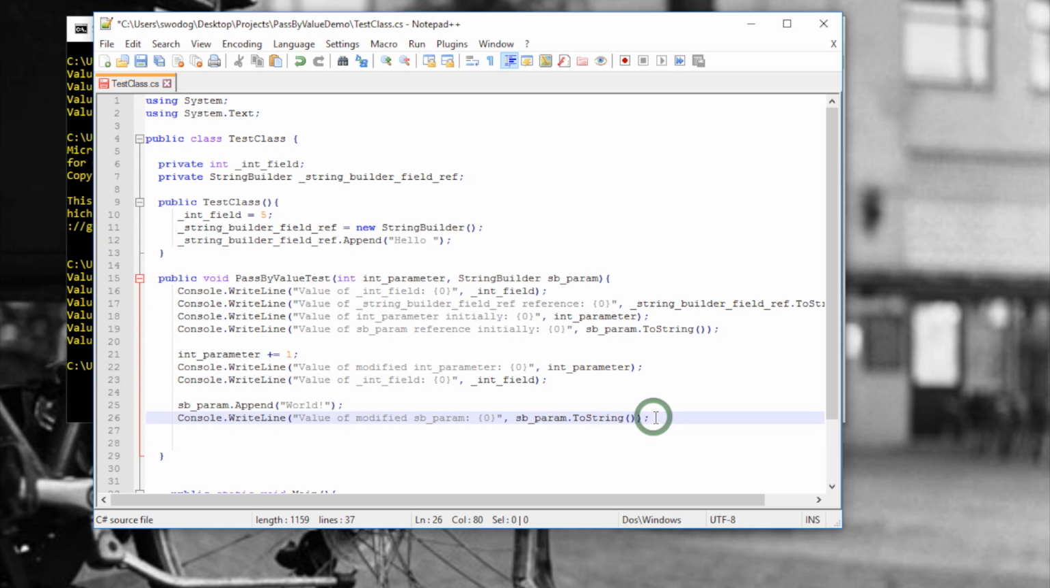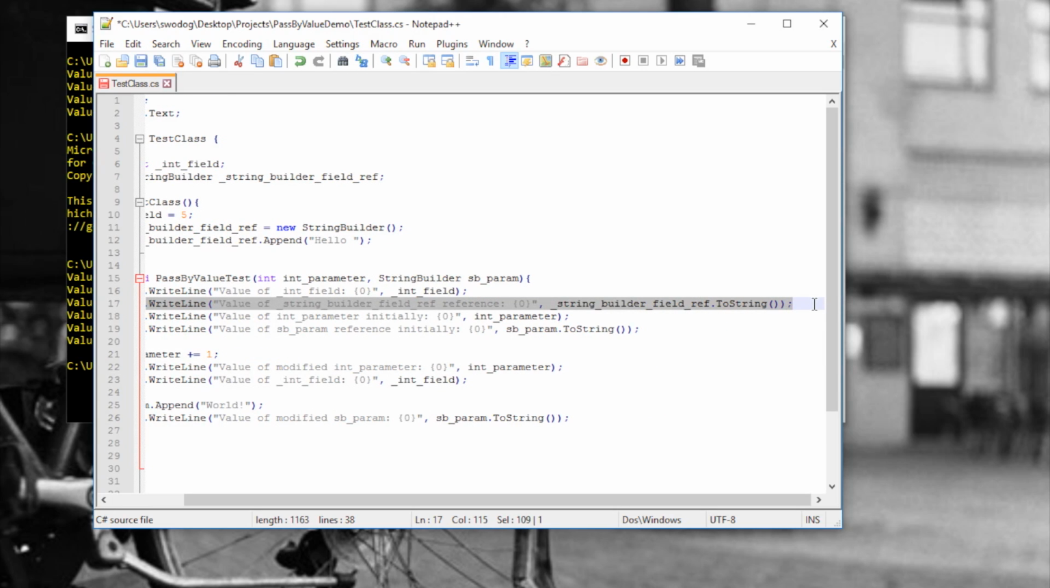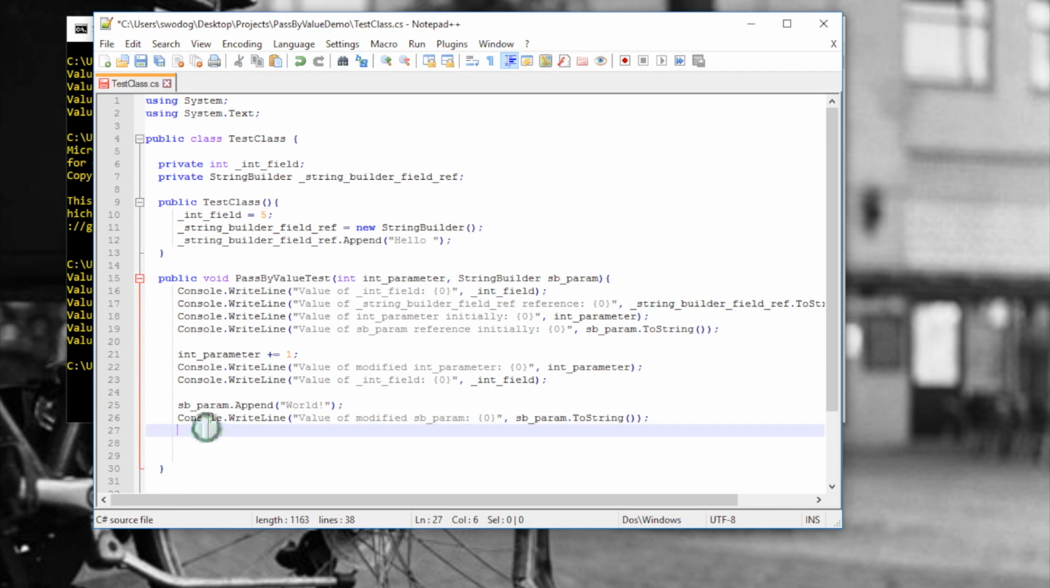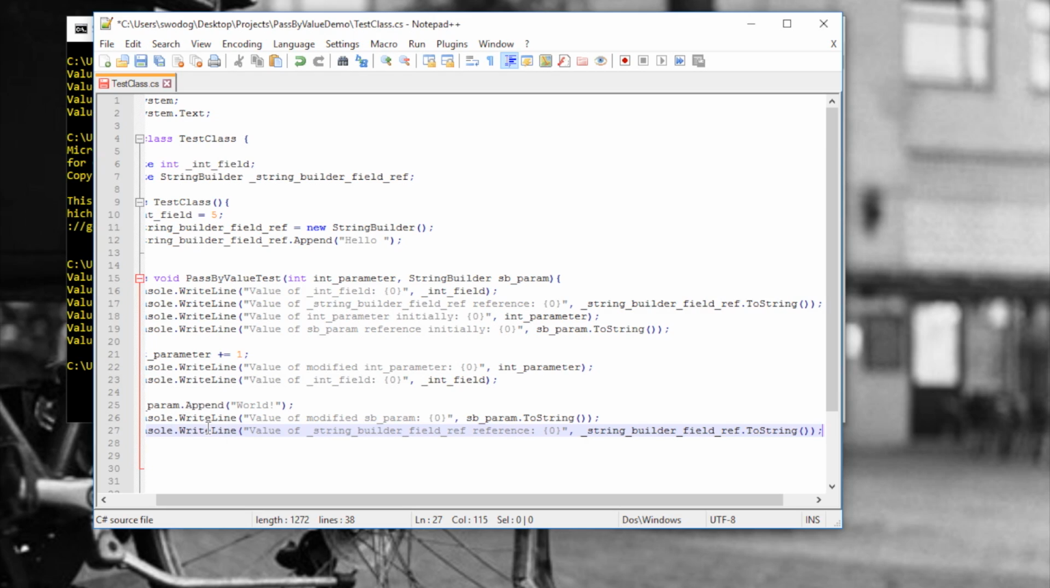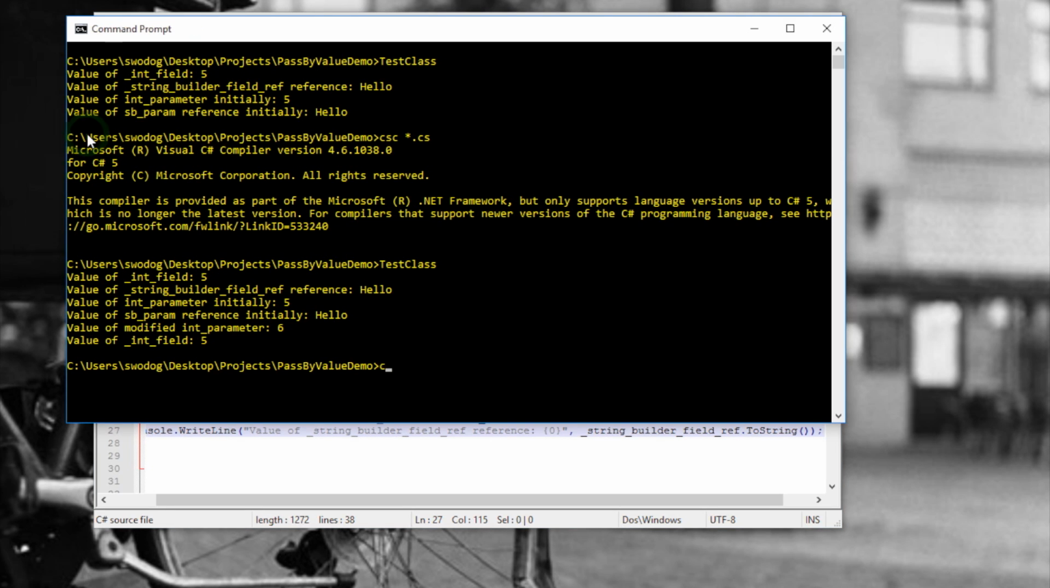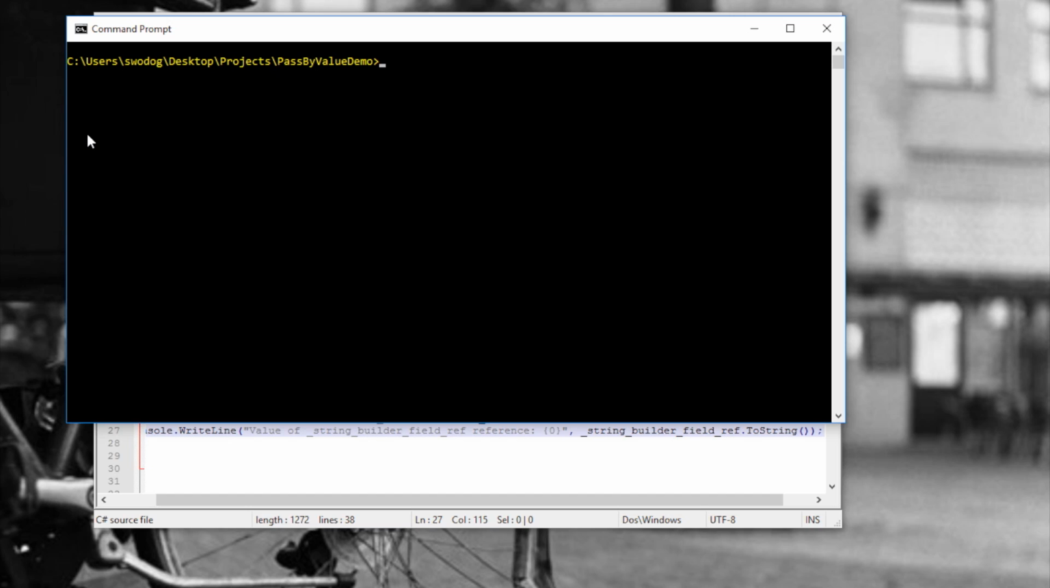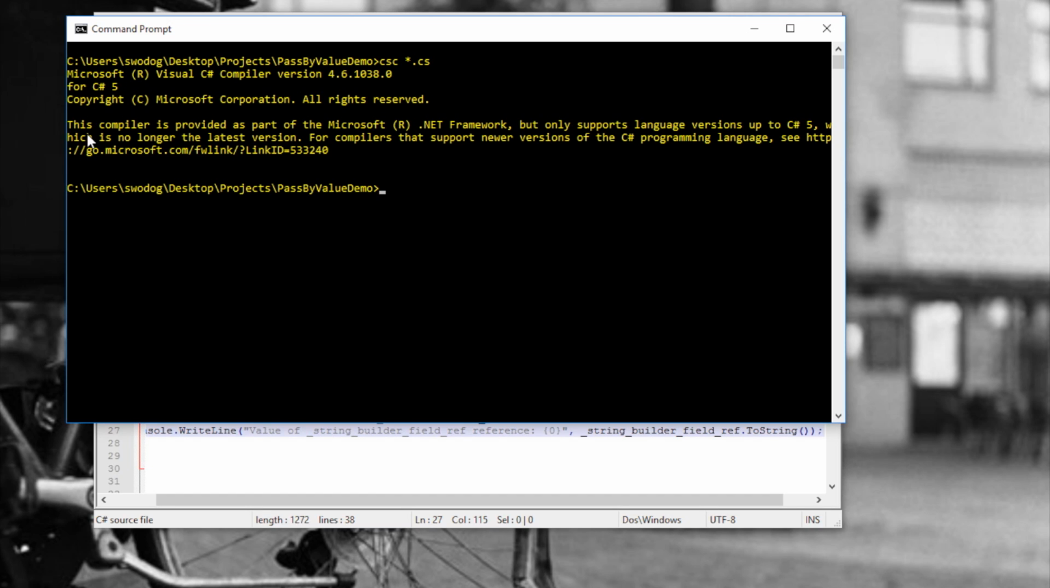So they point to the same object. So now when I print out the value of string builder field, we'll see what that is. Control C and Control V. All right, so let's compile this, Control Save, and run it. Clear screen, CSC star.cs, and